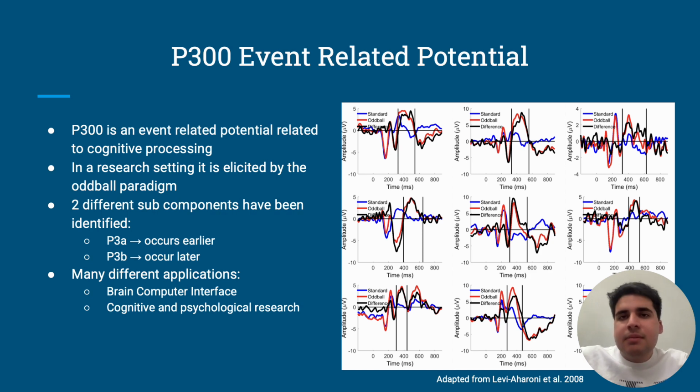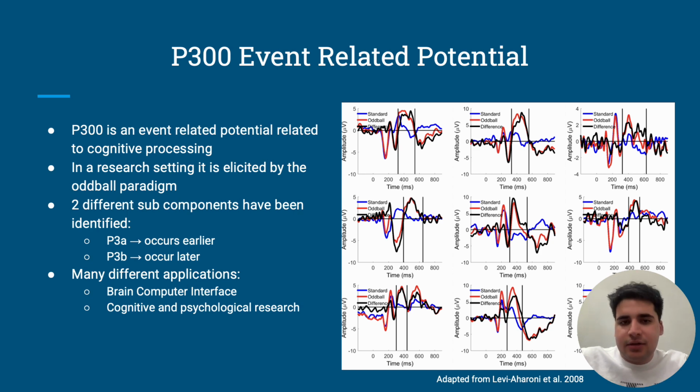Furthermore, as the name suggests, P300 is a positive reflection that happens approximately after 300 milliseconds. There has been two different subcomponents of the P300 that have been investigated, and the first one is the P3A, which as the name suggests happens earlier, and the second one is the P3B, and as the name suggests